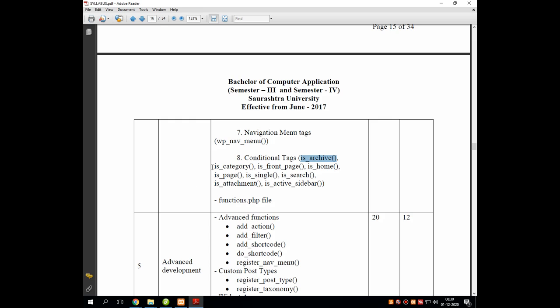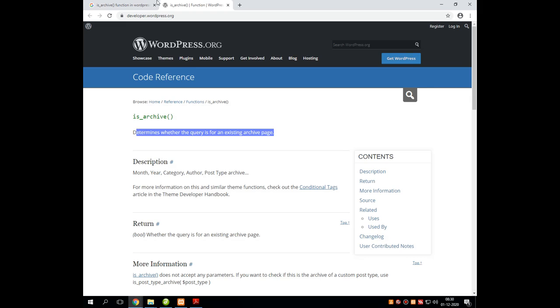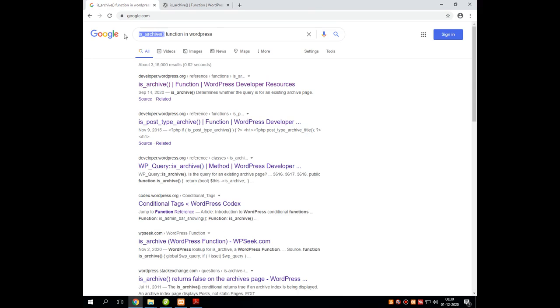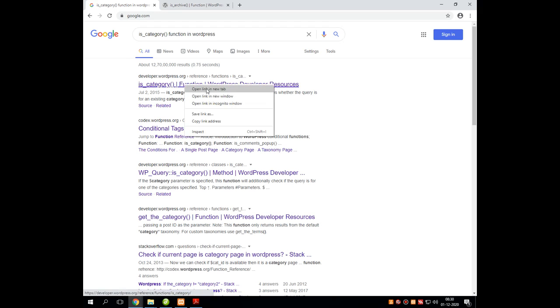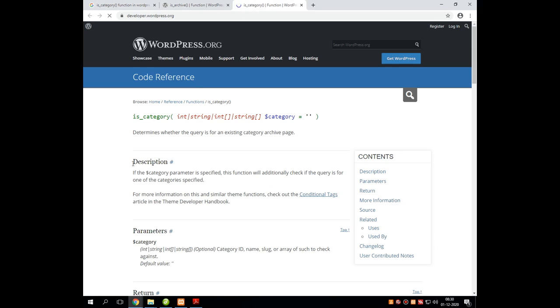Next is category. Whether the user has created any category for the post or not can be checked using this function called is_category. So let's open the function and cross check the description that I have conveyed to you. Determine whether the query is for an existing category archive page or not. That means it will check whether the post contains the category or not.